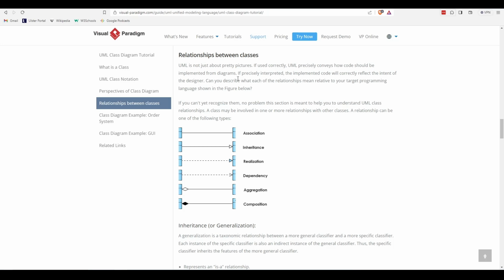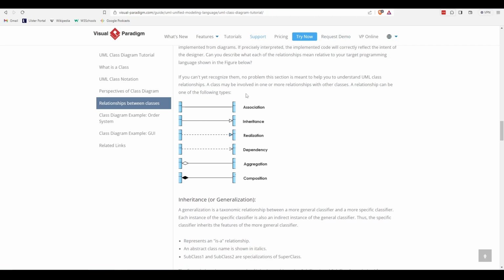If precisely interpreted, the implemented code will correctly reflect the intent of the designer. So we can just translate exactly what the design is on the class diagram straight over to our code. And if the design is good, then the code's going to be good. The relationships between the different objects, some of the relationships between different classes are denoted here. But really what we want to look at is association and inheritance. We're only going to look at the first two really in